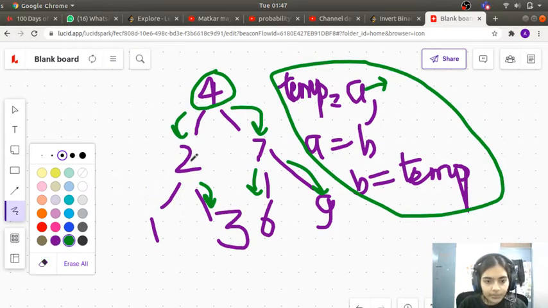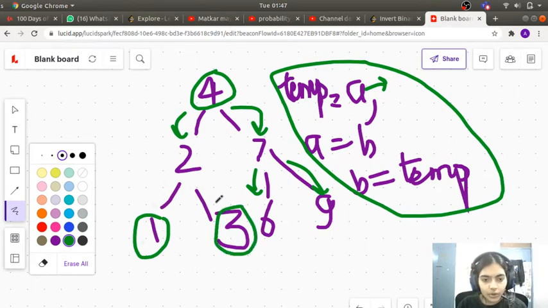Similarly, for the right function call we get the root node as 3. Now 3 also has both children as null, so they will also swap amongst each other, and then the function call will return back. So now we have got the function call return back with these two nodes. So every time we are returning the root back to the function call, so that now we can swap these two nodes. So now 1 will get swapped with 3, 3 will get swapped with 1. So in place of 1 I will write 3, and in place of 3 I will write 1.